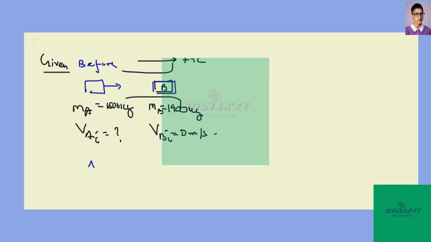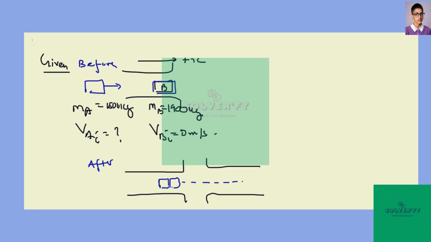Afterwards, this is the after scenario, the two cars collide with each other. So there's a collision that takes place at the intersection. After the collision, somewhere right here, they collide, and then they stick together and